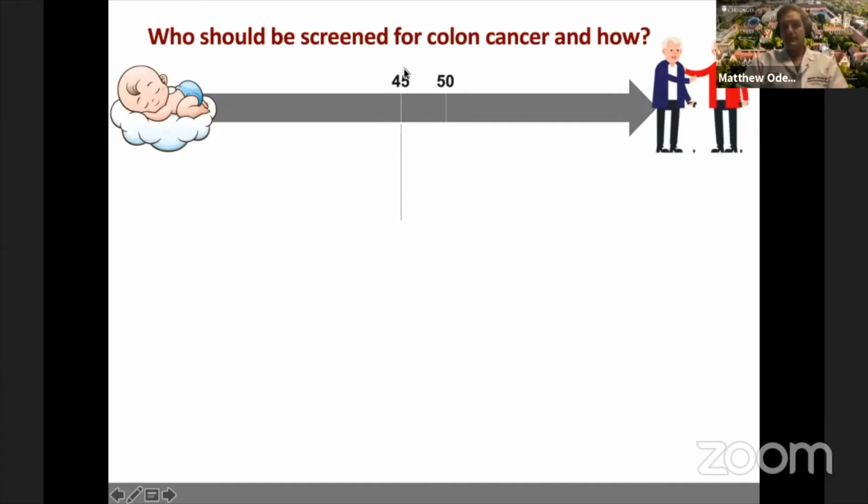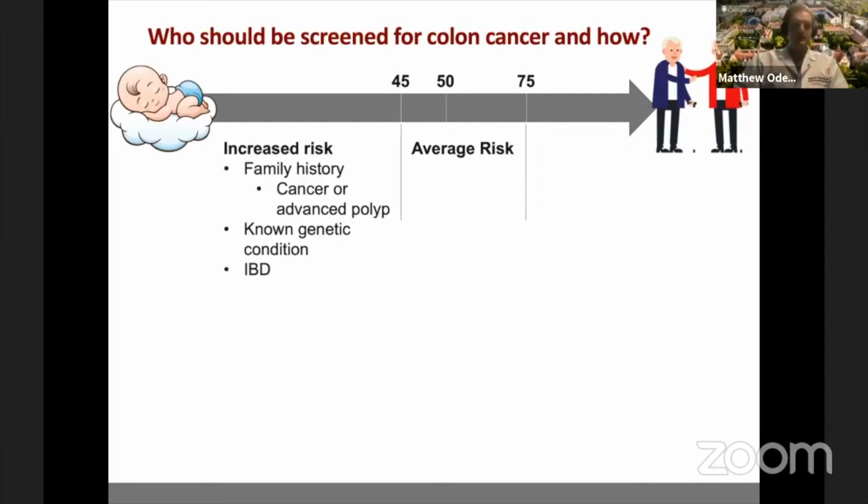Importantly, for everyone in the audience, insurance companies will now pay for colon cancer screening at age 45. That's an important thing to know, and it was preventing quite a few patients from getting it early when they wanted to. The guidelines then recommend screening up until age 75. This is again for the average risk patient. Some patients are not at average risk, they're at higher risk for colon cancer, and they should be screened before the age of 45. For these patients at increased risk, the number one risk factor we often see is family history of colon cancer.